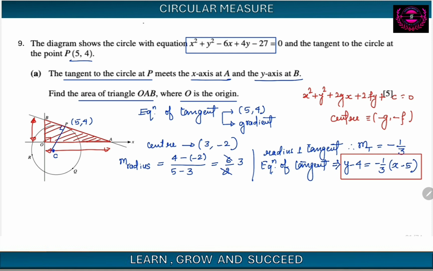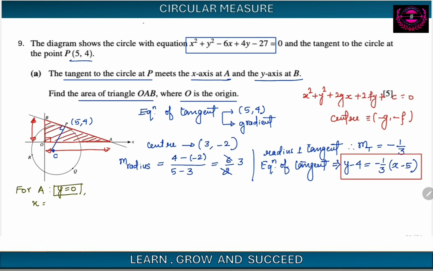Substituting the values of x and y for point C, points A and B lie on the tangent. So for A, we know y equals 0. Substituting this y equals 0 in the equation of the tangent, we get the x coordinate of A to be,